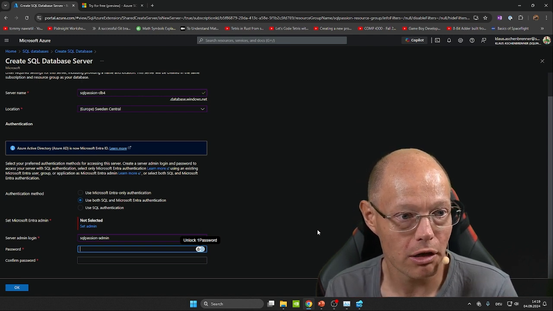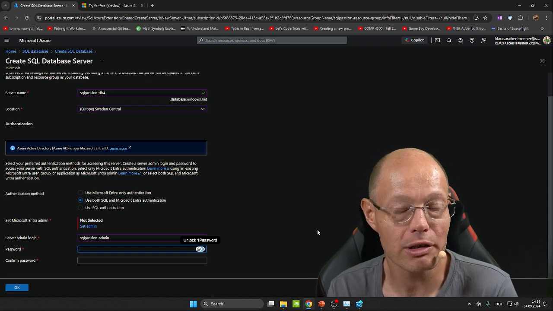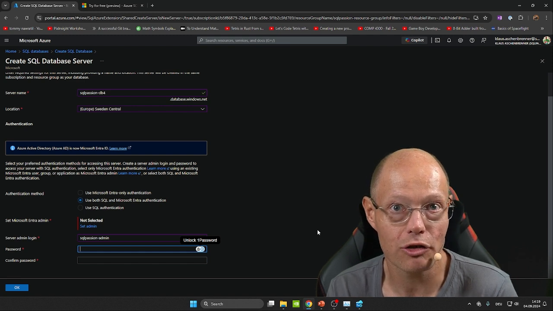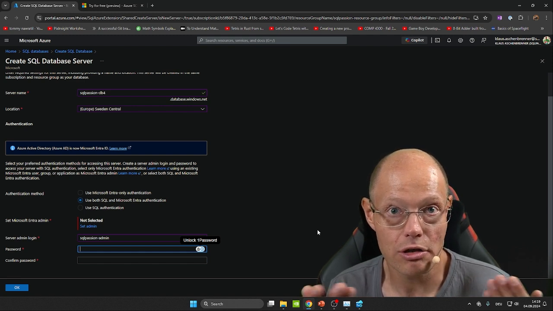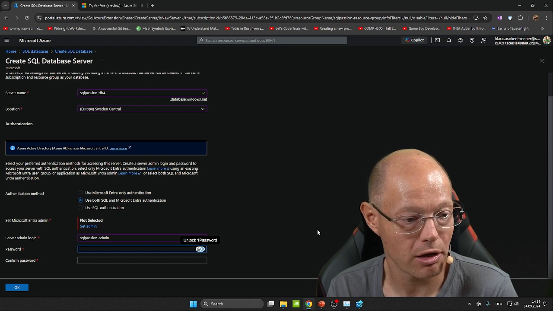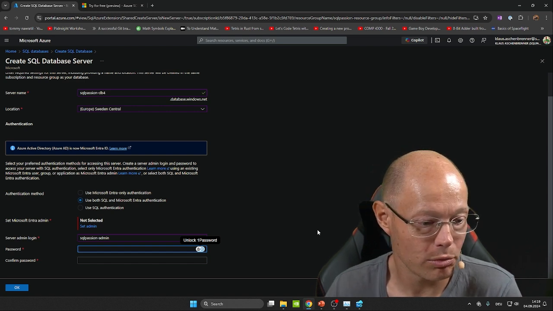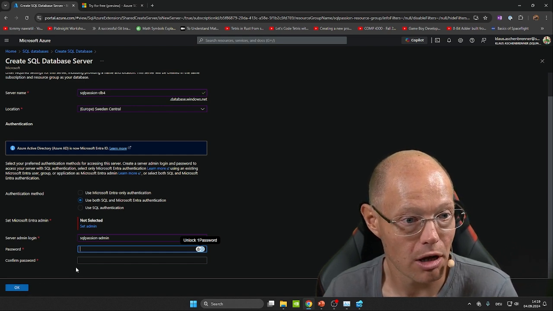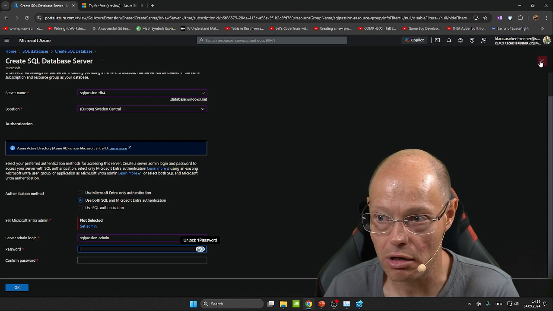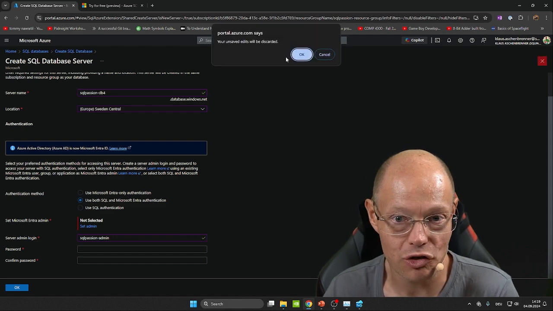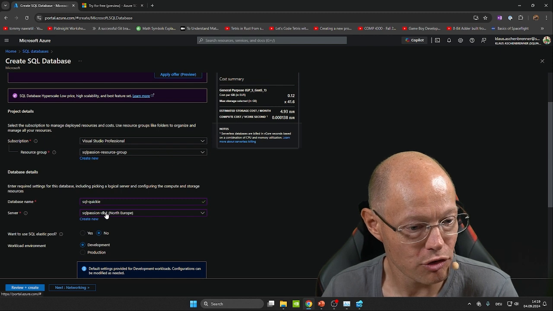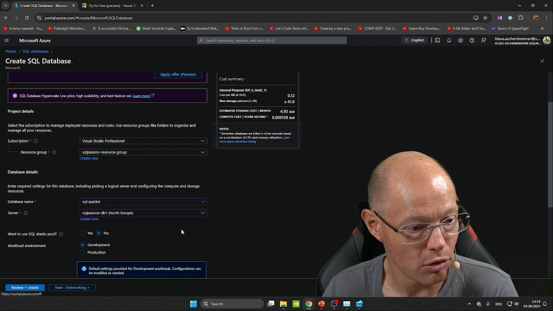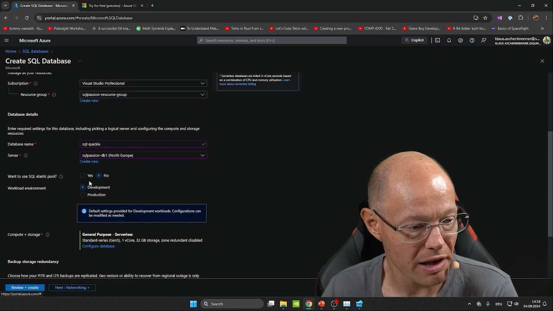When you deploy a new logical server, you have to specify the server name, you have to specify the location into which that logical server is deployed, and in addition you have to specify your authentication settings, and afterwards you just hit OK and that logical server is just deployed. We don't need to do that here because we have already 3 servers that we can use. So I'm using here, as I've said previously, SQL Bash and DB1 in North Europe,